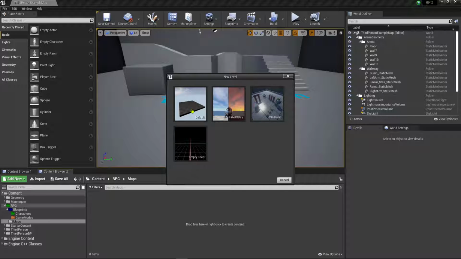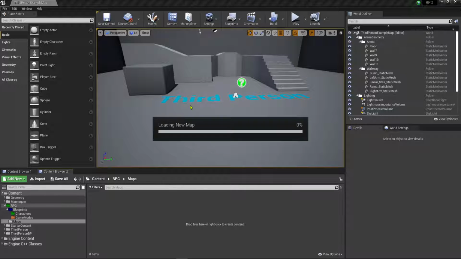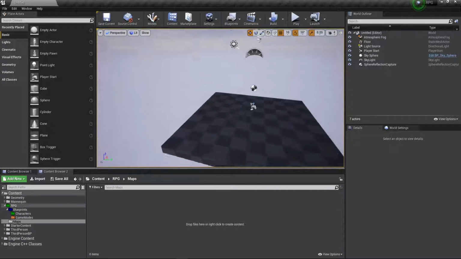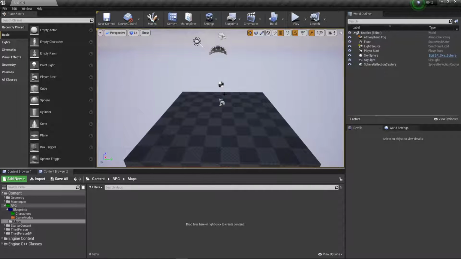We're just going to choose the default one right here. This one we'll be using these at a future time when we're doing our main menu and things like that. So we're going to choose default, and it should load our new map up here in just a few seconds. You kind of have just like a sky sphere and just this blank platform with some lighting and a player start. So first thing we need to do is go ahead and hit save current so we can save this map,